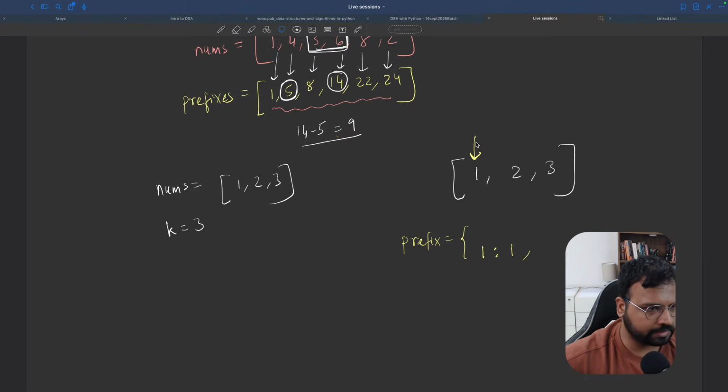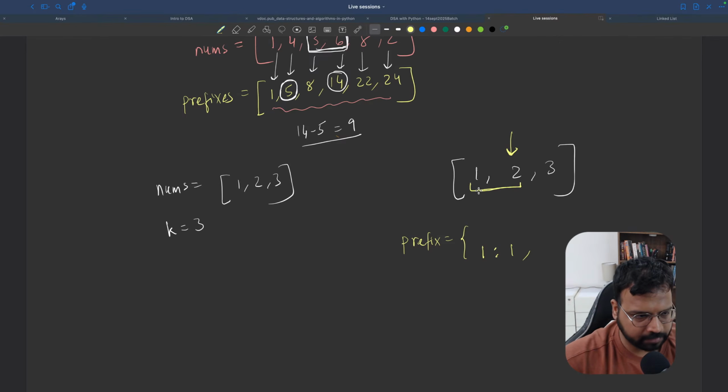I will take this and bring it here. Now I will ask you how many subarrays are there which are ending with 2 and have the sum equal to 3. In this case, there is only one possibility, because there is only 1 and 2, but when we go to 3, at that time you will see the difference. If this sum has to be 3,